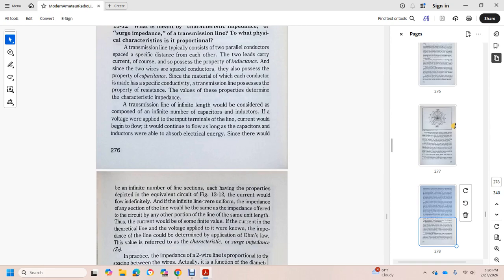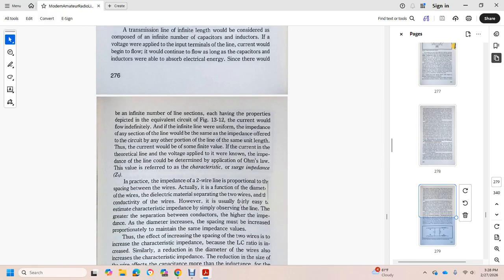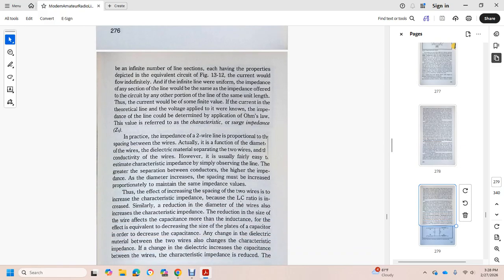exists with any section of the line, with the same impedance as the opposite of the circuit, with any portion of the line of the same unit length, and current would be similar over a finite value. With the theoretical line and voltage applied, the impedance of the line could be determined by the application of Ohm's law, with the value known as the characteristic surge impedance. For the two wire line the impedance is proportional to the space between the wires, actually a function of the diametrical